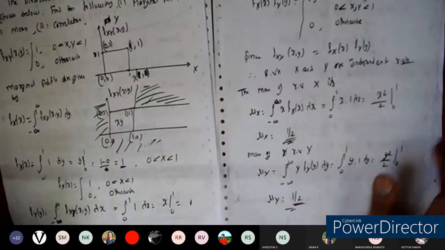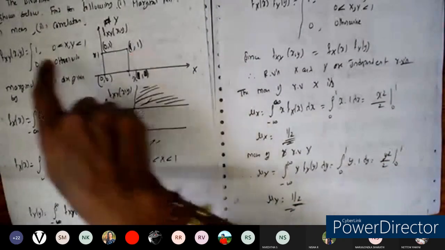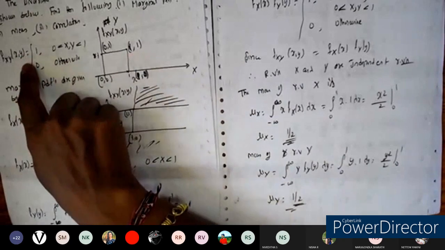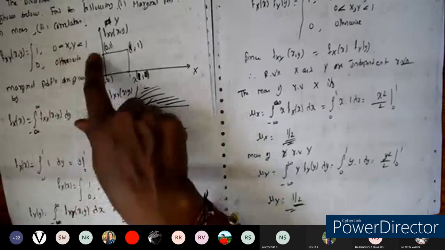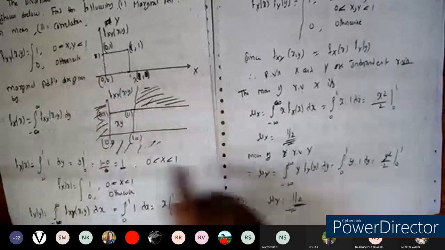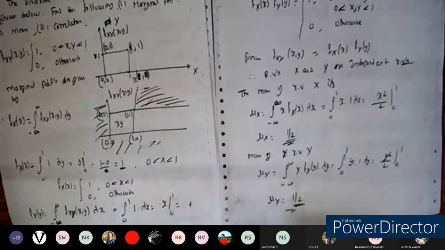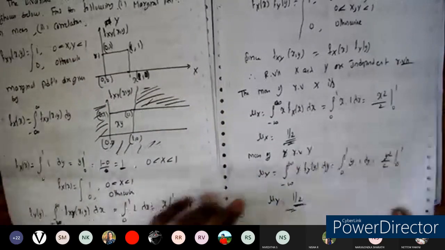Okay, in the last class we have seen this one. It has been given the joint probability density function. So it is called a bivariate PDF. This value will be equal to 1 from 0 to xy, and for this we found the marginal PDF, and afterwards we did the mean, the correlation, and we found the covariance. So we got everything here. This one we did in the last class.